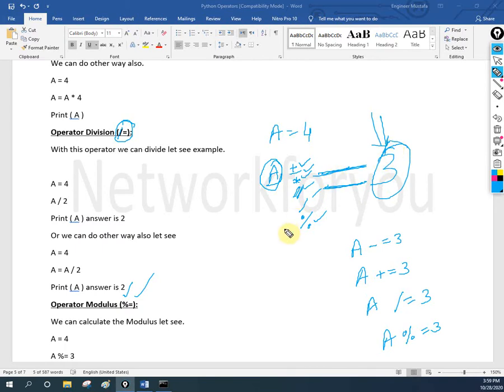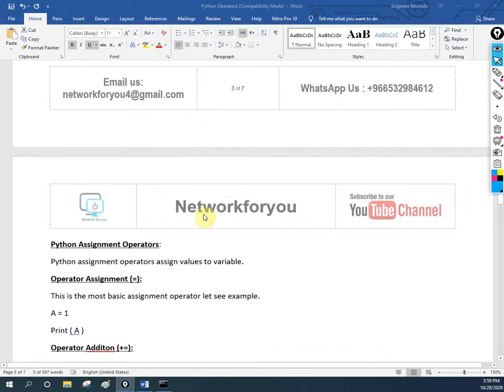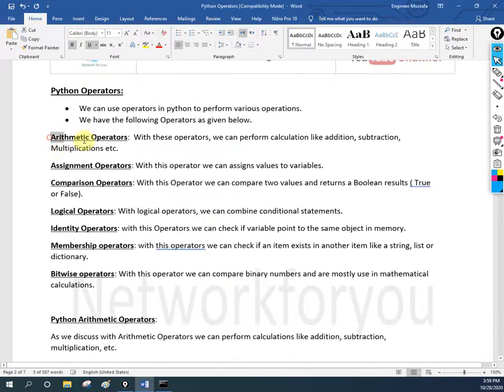Okay, so we are going to use this in coding when we do the coding. So this is very important. If you build the basics well, then you will go to the big concepts very easily. So that's why I am going from the basics. Okay, so this one is completed. If you see what else we need to cover, just now we covered this one and this one. In the next class we are going to cover the comparison operator, then we will have the logical operator, then identity and membership, bitwise, and so on.